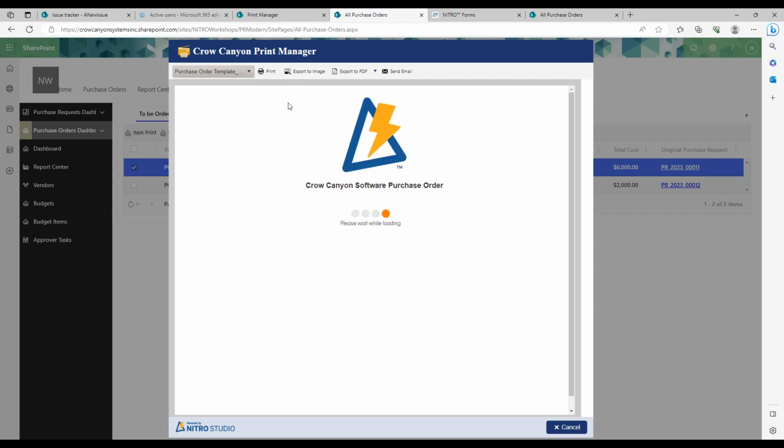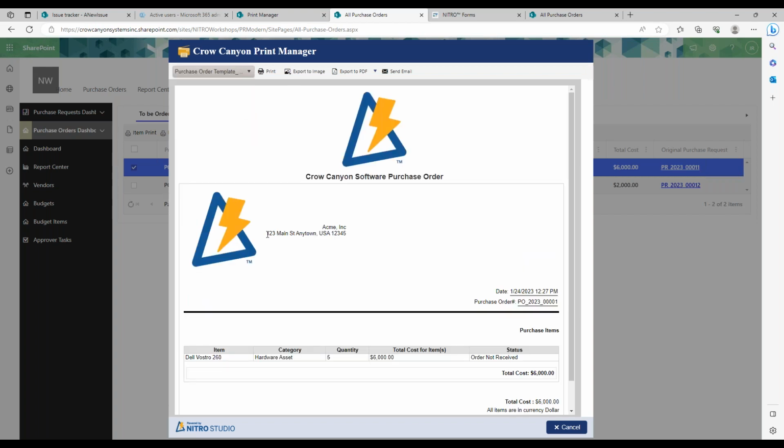Let me pull up that one. So now you've got the text next to the logo. Of course, the logo is coming from the header as well. But that gives you a way to add those text elements right next to the logo element without having to do too much. Really, those tables are going to be a lifesaver when laying out your